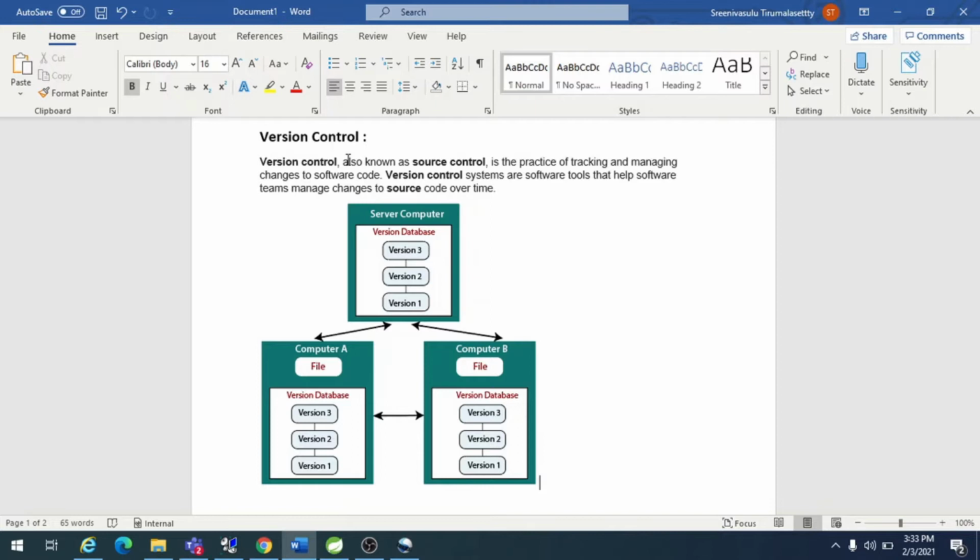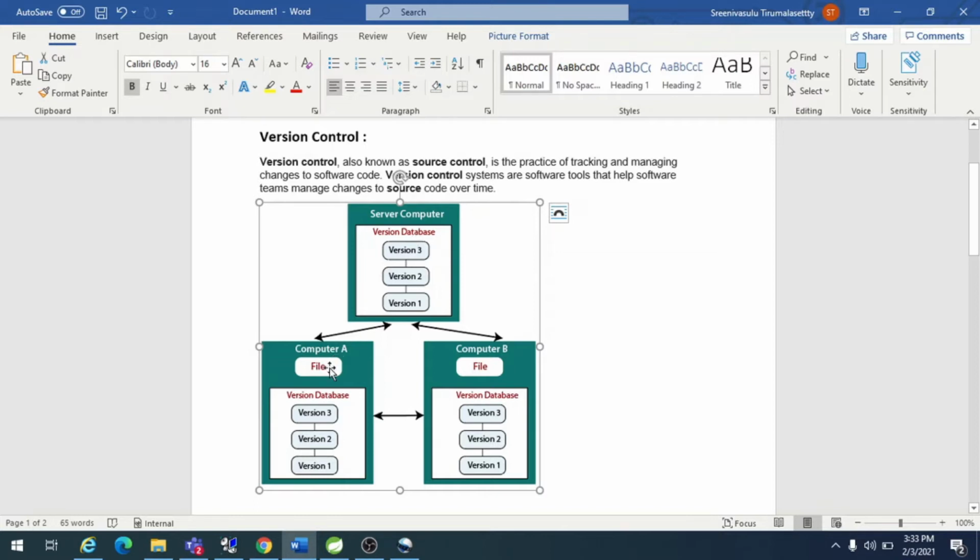So instead of sharing through mail or copying to some location, in enterprises they use a version control tool or source control tool. That means you have a central repository where you have the code. As you can see in this diagram, this is the central repository where you have the initial version of the code.